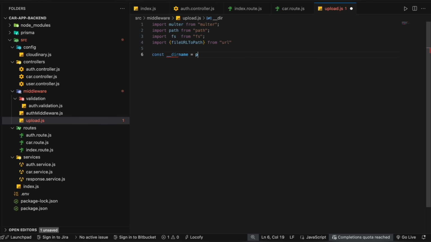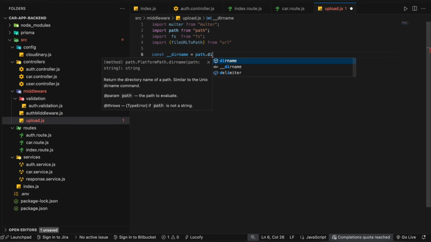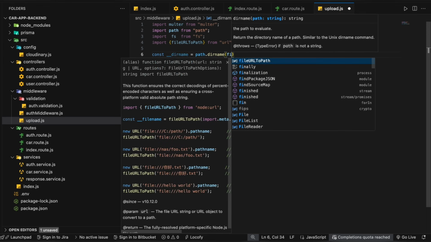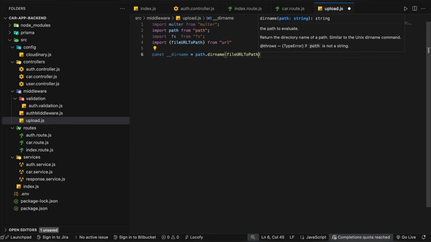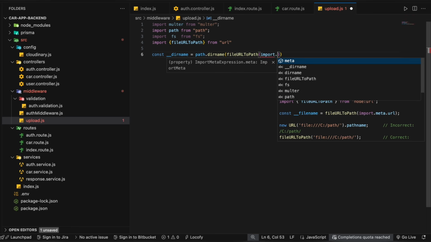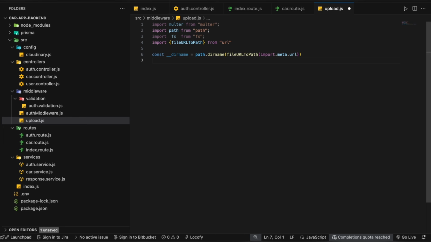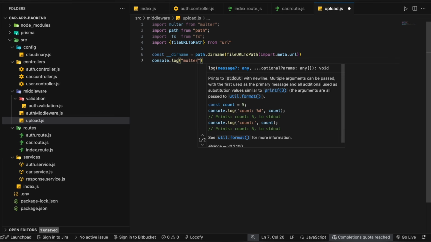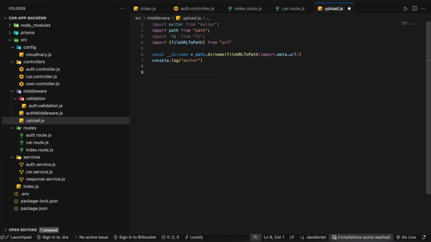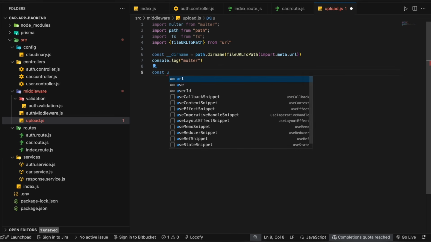dirname is equal to path.dirname, and fileURLToPath. I'm just going to import the meta.url. Okay, and let me just console log so we can see what is getting logged. So it's the multer, and let's add the upload dir